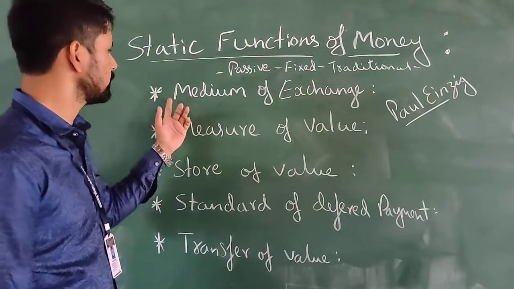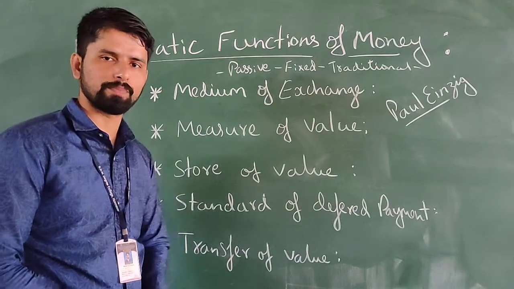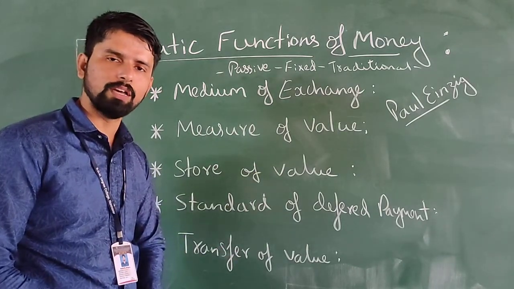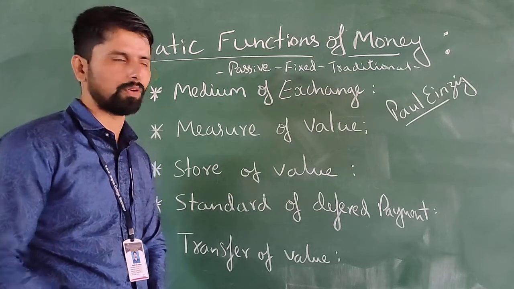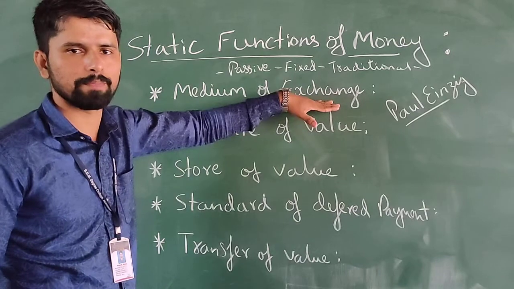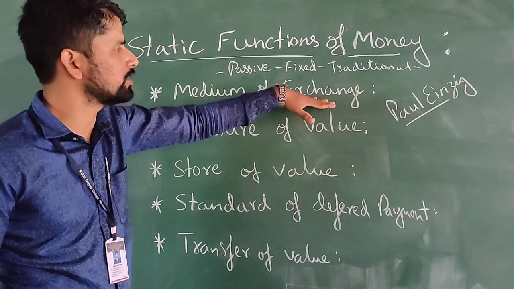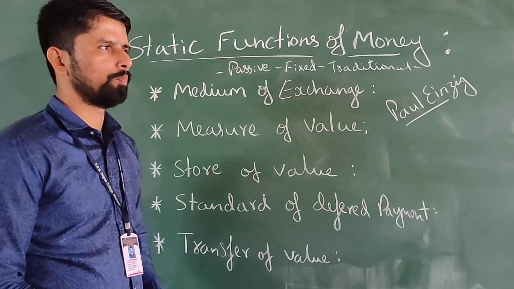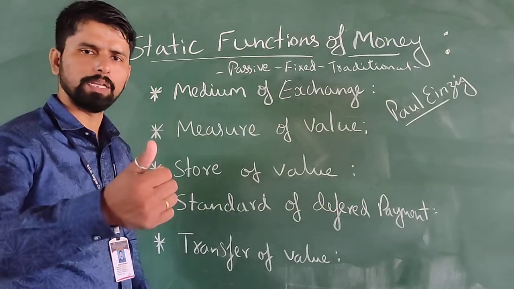The first one here, medium of exchange. There are five functions. They are the fixed functions of the money. Okay, so come to the first point, medium of exchange. Medium of exchange is the first static function of the money. Medium of exchange means money